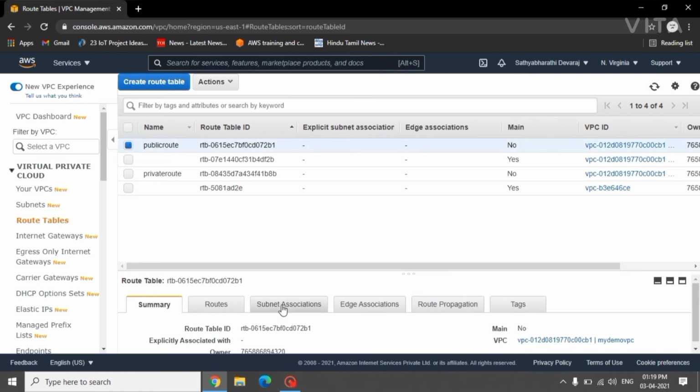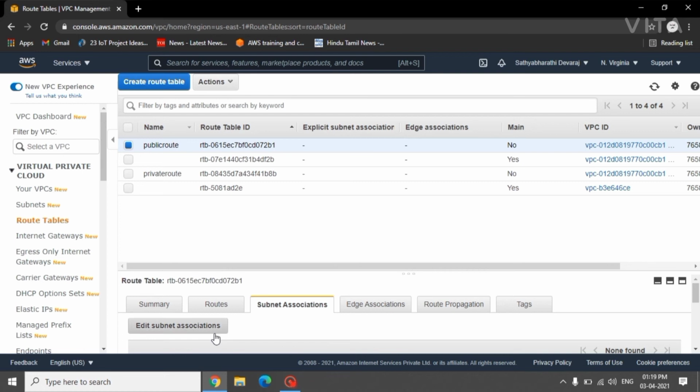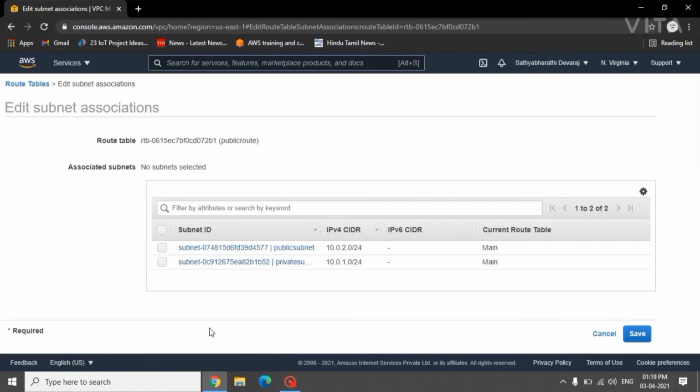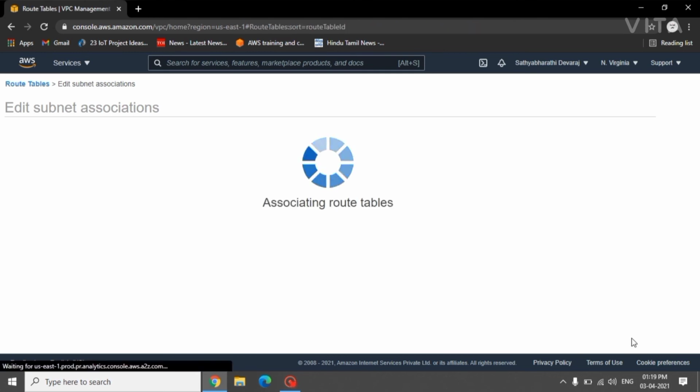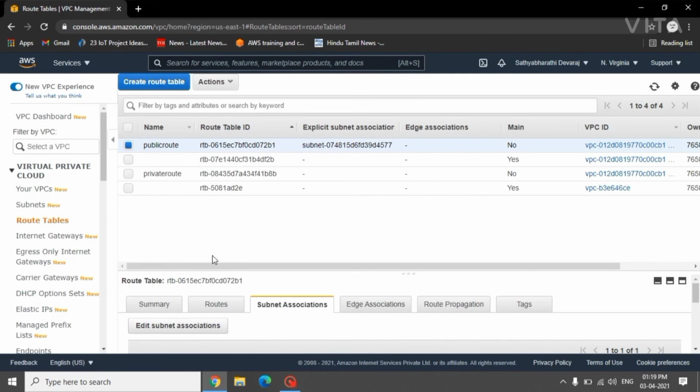So click on the route table and go to subnet associations, edit subnet associations, and this is for the public route table. So select the public subnet and give save.